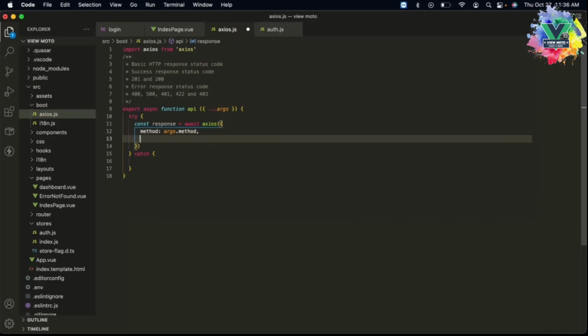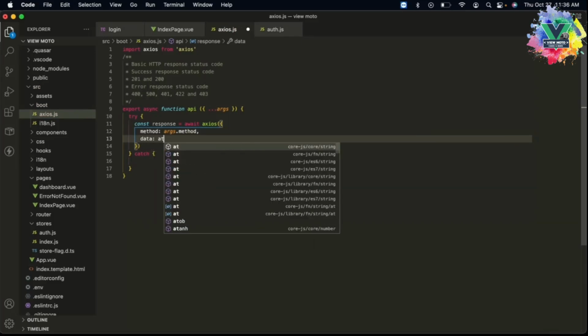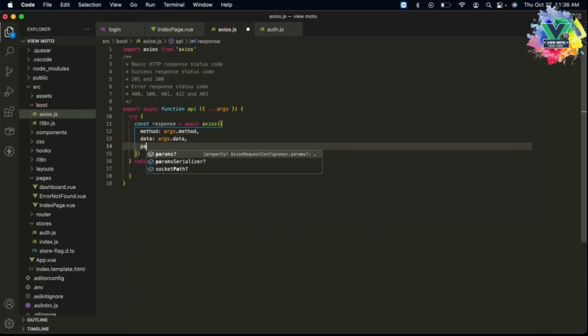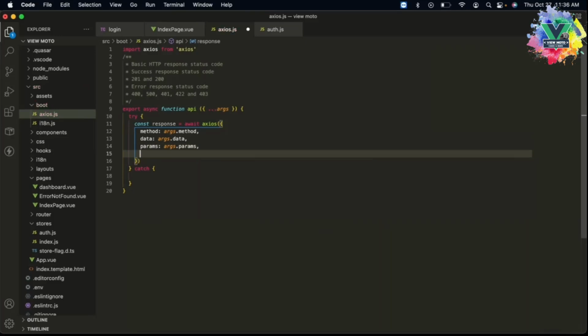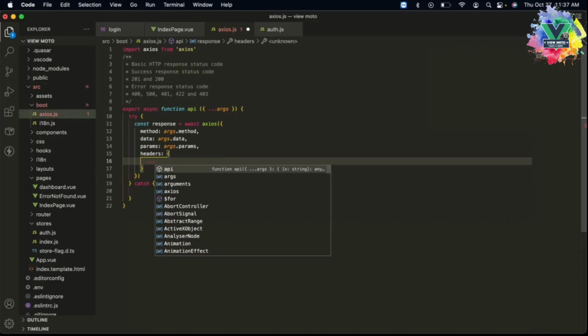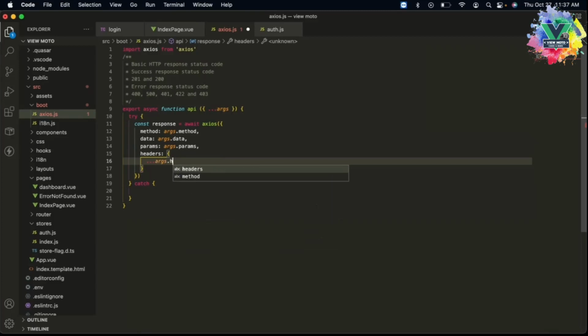The second one is the data, args.data. Params, args.params. And then headers, curly bracket, and just put triple dot, args.header,